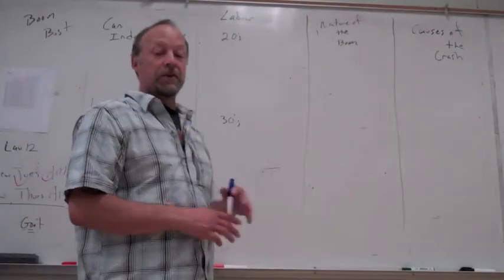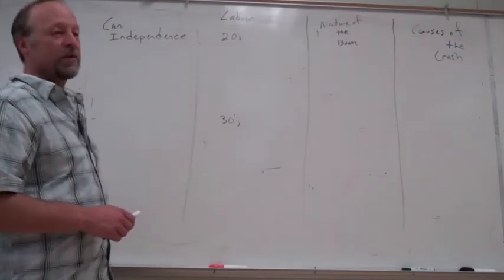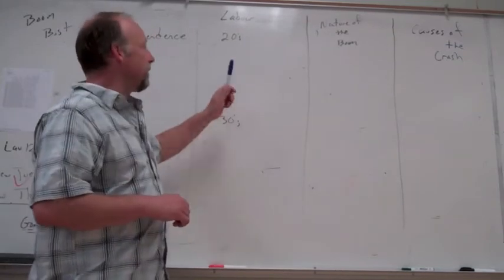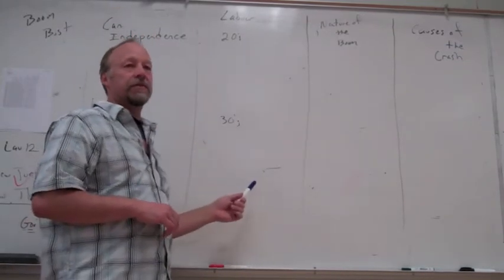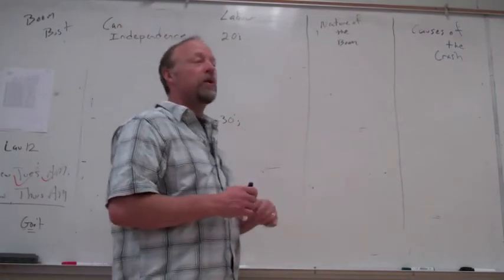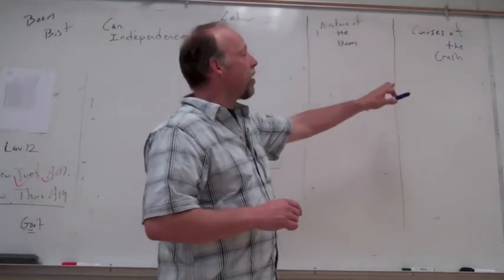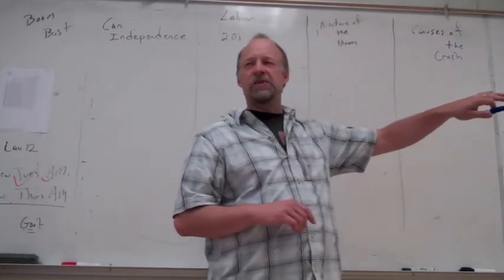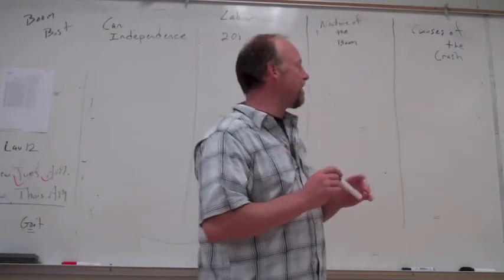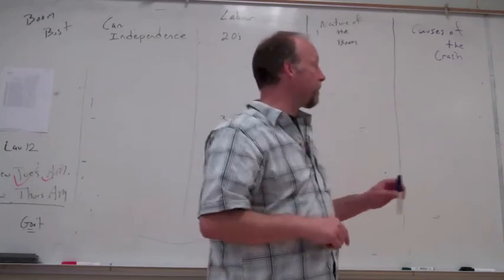I broke the 1920s and 30s into a number of categories. First of all, Canadian independence, which is a great theme, and we can expect a question on it. Labor, which I broke into 20s and 30s, just so we go over a couple of events, what happened with the working class. Nature of the boom, which we're actually going to do quite quickly. Consumer products and the like. Causes of the crash, which many of you did a little memory device on. What we need to remember there is the economic cycle.